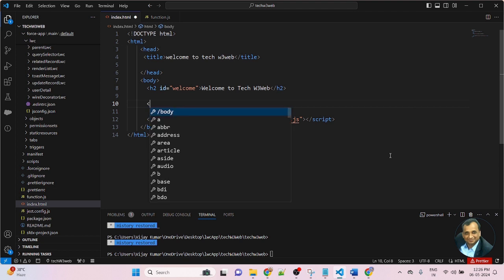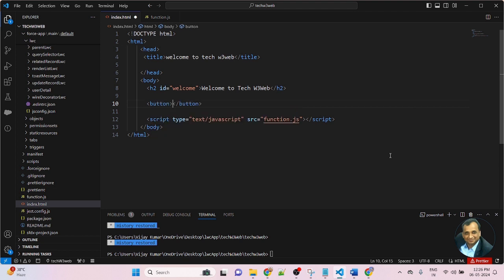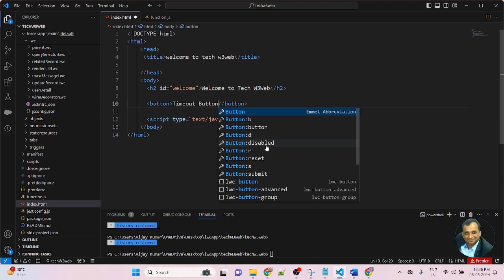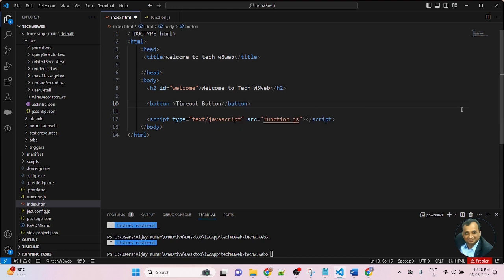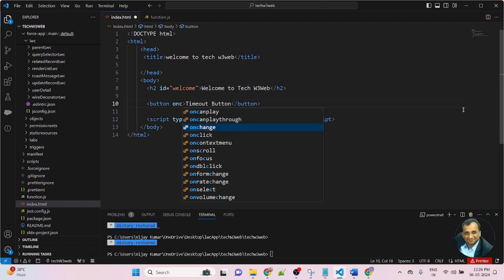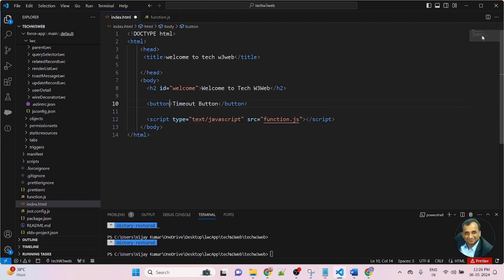First, a button. I am writing the name of the button: Timeout button. And on the button I am passing an onclick event.